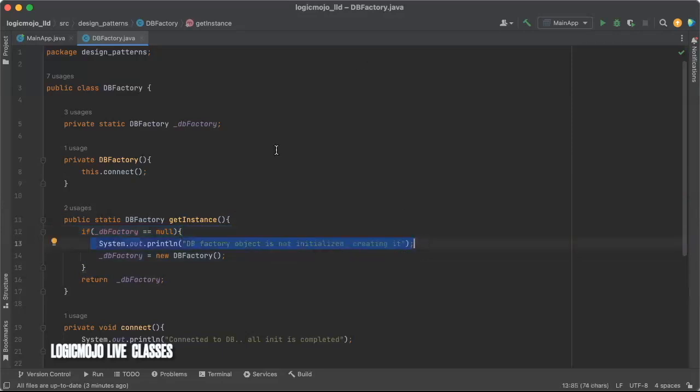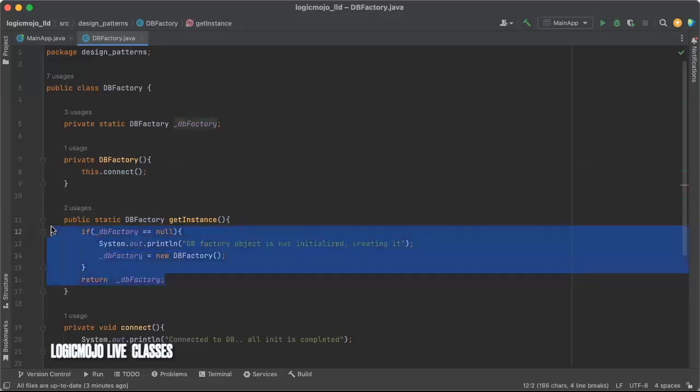So the first thread, T1, knows that this check is done. Now the second thread comes, checks that DB factory is still null because nobody has created the object, and it goes ahead and creates the object. That's fine, no problem. It created the object and returned it. The second thread went ahead. Now the first thread, which has done this check, will not do the check again because it was already done. Till line number 12, the execution was done by T1. What T1 will do is print this and create another new object, and it will use that object in order to